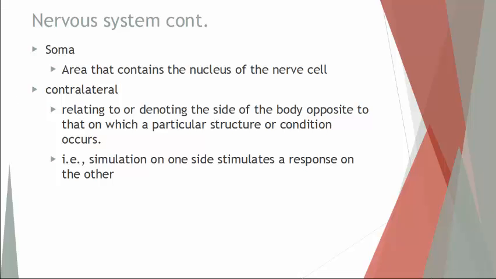A key component that is important to remember when you talk about the nervous system and the brain itself is that it is contralateral. Now, contra means opposite, lateral means to the side. So whatever is on the right-hand side of your body is controlled by the left-hand side of your brain, and vice versa. These nervous tracts actually cross each other near the base of the brain. That's why it's called contralateral.